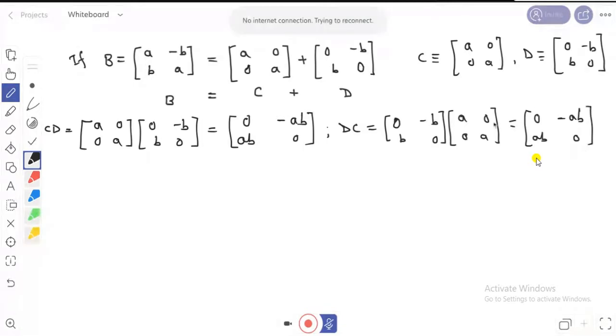Okay, so look at this and this. CD equals DC, so this implies these two matrices C and D commute